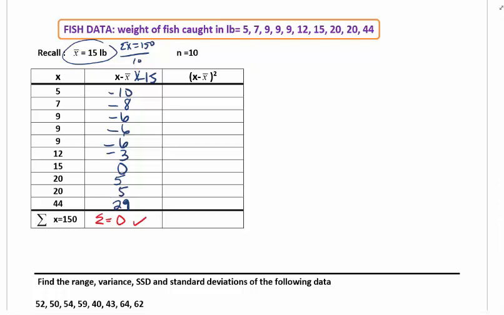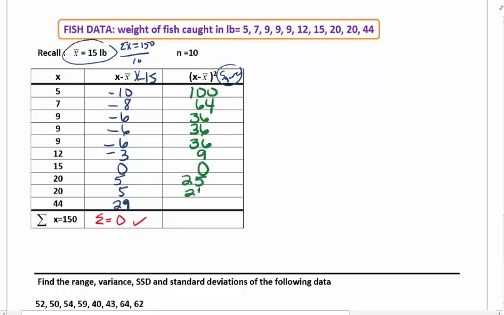So our third column is we're squaring those values. And remember, when we square them, we're going to be getting rid of the negative number. So it doesn't matter when you're putting it in your calculator if you type the negative or not. The squaring gets rid of the negative. So 10 squared is 100. 8 squared is 64. 6 squared is 36. 3 squared is 9. 0 squared is 0. 5 squared is 25, and 29 is definitely one you're going to need to put in your calculator, is 841. So we now sum that column. So this column,